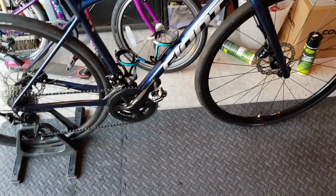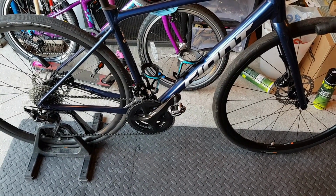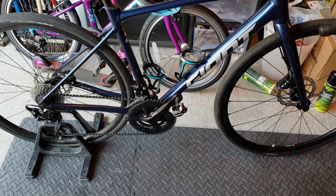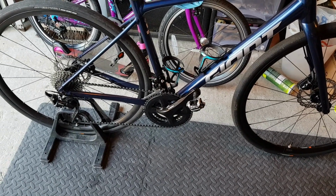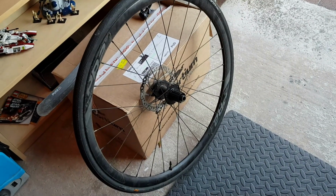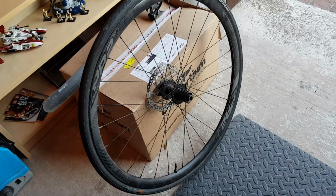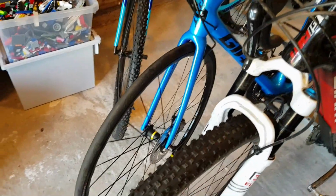So if I was going to go over any complaints, they are far outweighed by the pros of this bike. I'm not a fan of Giant's wheels. I don't think they're the greatest. Now I'll give you an example why. So here, for example, is a Giant PR2 wheel, and it came with my TCR. I immediately switched out for my Cerium Elites that I have,